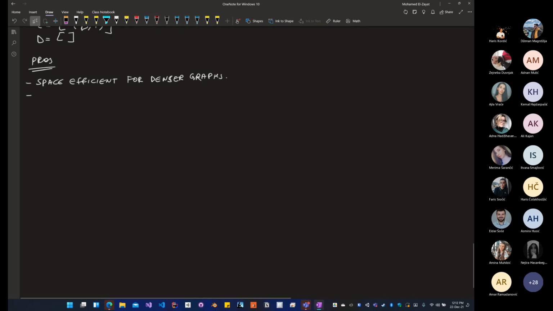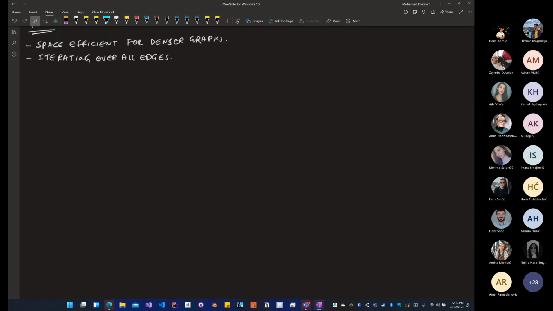Iterating over all edges is also efficient, or relatively more efficient. The cons, however,